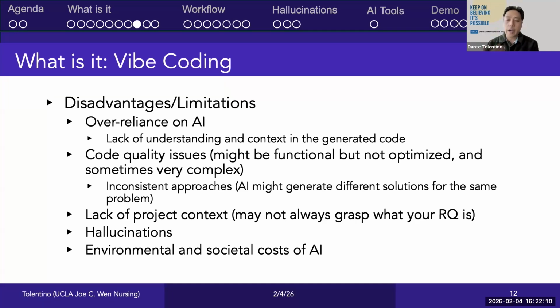And so I think we should be very mindful when we engage in vibe coding or when we're using any of these generative AI tools. The question that you need to ask is, do you really need to use AI to do X, Y, and Z? And if you don't, then maybe don't even engage in any of these tools.